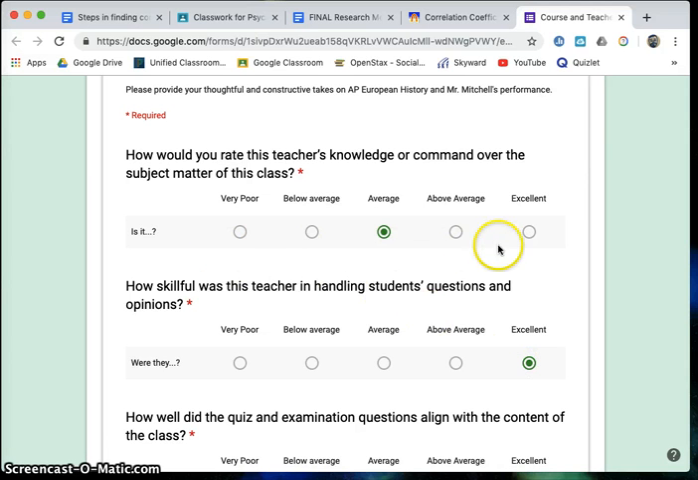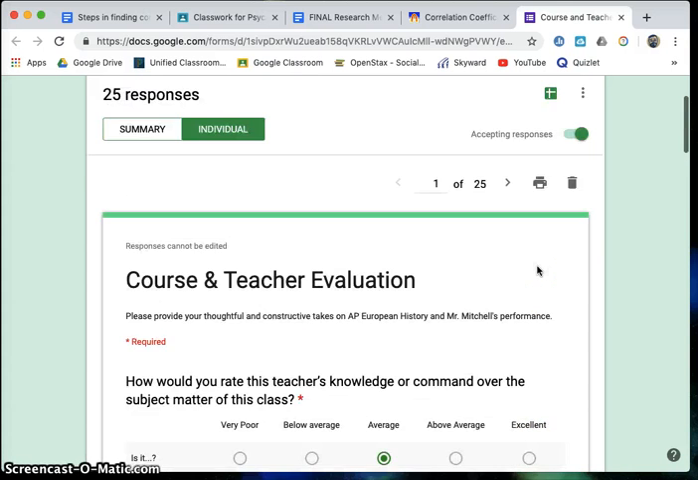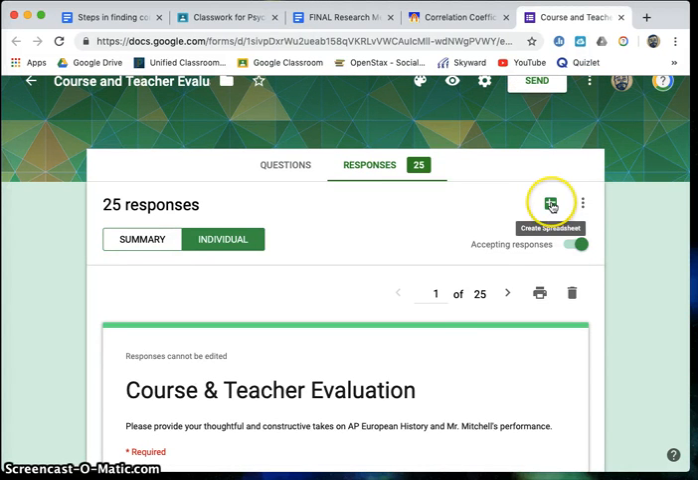So again, we want these to be numerical values, and so this is a 1, a 2, a 3, a 4, a 5. So when it came to these two questions, you could say their answers were a 3 and a 5. The other way that you can get individual results, and some of you might prefer this instead